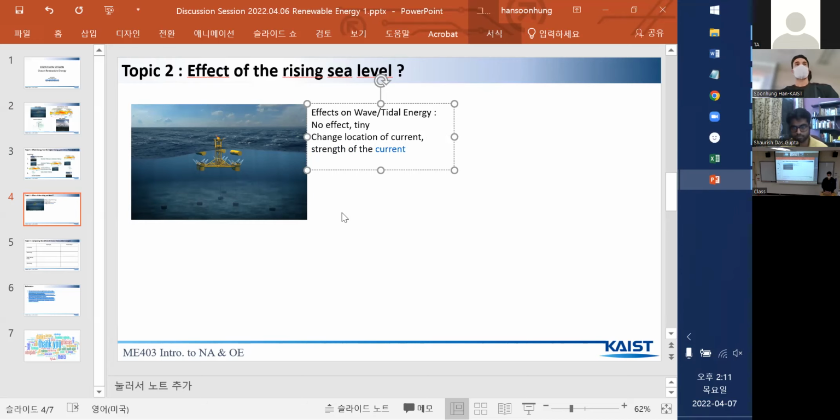Even though I'm not sure, although the sea level rise is very small, a few centimeters, the total volume of liquid water will increase if you think about it. A 1 centimeter rise is a very large volume, like the whole ocean. Because of the interaction between the moon and the sun, the increase of the volume might create some kind of additional effect on rising sea, I mean, energy.